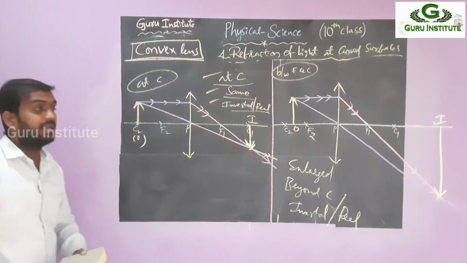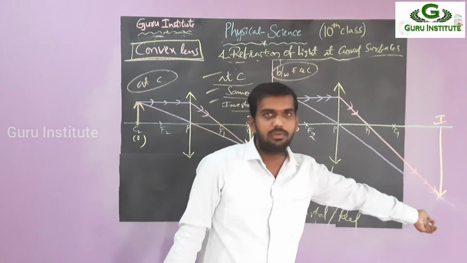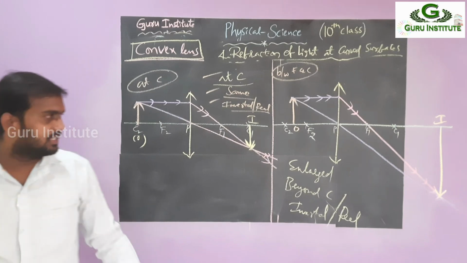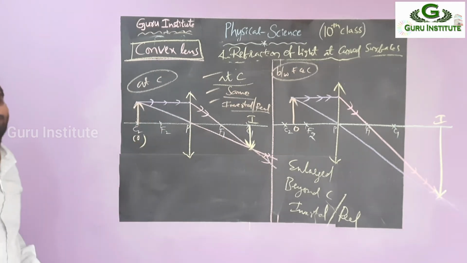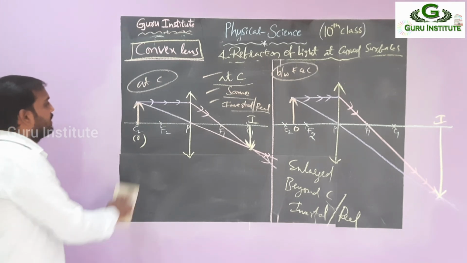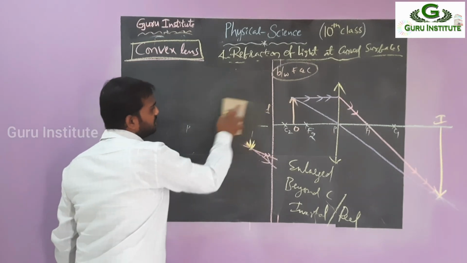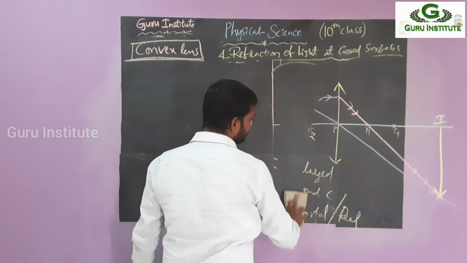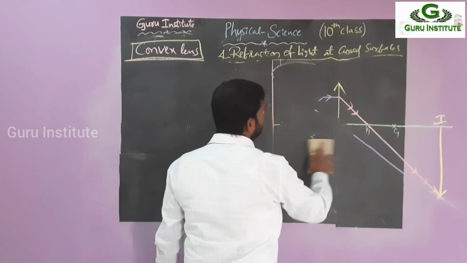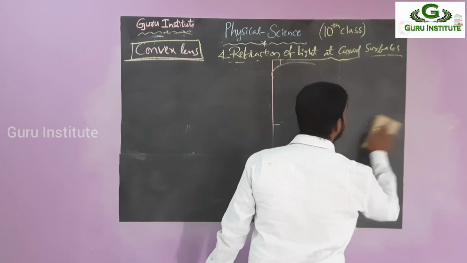So just observe. In the first case, what happened? When you place the object beyond C, the image is found between F and C. Now, when you place the object between F and C, the image is found beyond C, and that is enlarged. No need to learn by heart. Just by seeing the picture you can tell the answer. Just observe those two pictures, at C and between F and C. Okay, right? Nice. Three cases are over, and the first general case is over. So totally 4 cases: object at infinity is over, beyond C over, between F and C over, at C over.